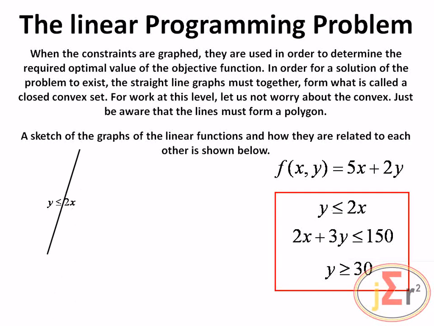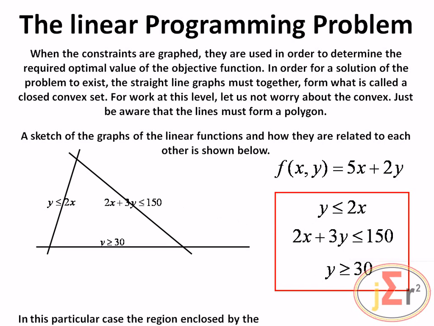So we have our first line. Of course, this is by no means going to be a set of lines on a grid, but these lines are drawn in such a way that their relationship to each other is going to be similar to if the grid existed and they were placed on that grid. So we have another one. 2x plus 3y is less than or equal to 150. That is the line that represents that inequality. And the line that represents the other inequality, y is greater than or equal to 30,